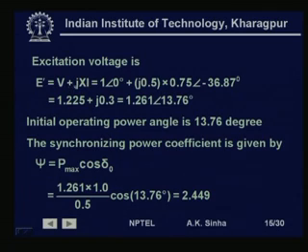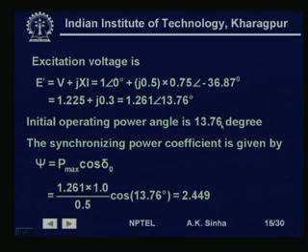So, E dash is equal to V plus j x I. This is equal to 1 angle 0 plus j 0.5 into I, which is 0.75 with an angle of minus 36.87. When we solve this, it comes out to be 1.225 plus j 0.3, that is equal to 1.261 with an angle 13.76 degrees. That is, delta 0 is 13.76 degrees. So, the initial operating power angle is 13.76 degrees, and the synchronizing power coefficient at this operating point psi is